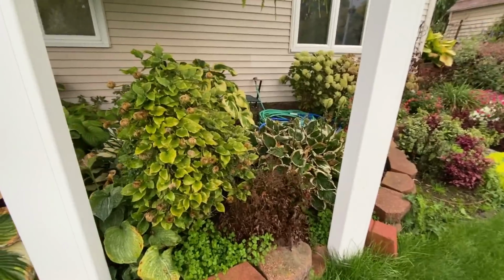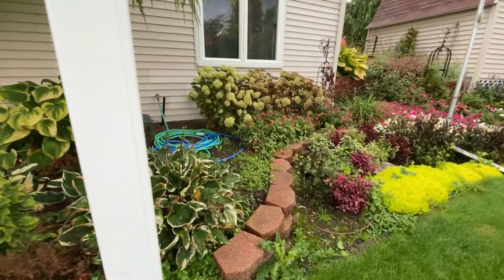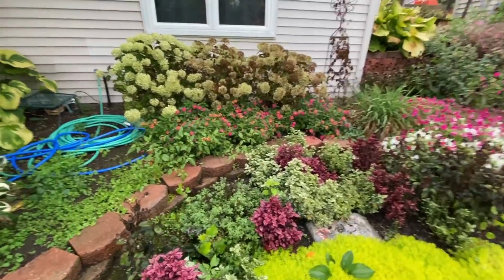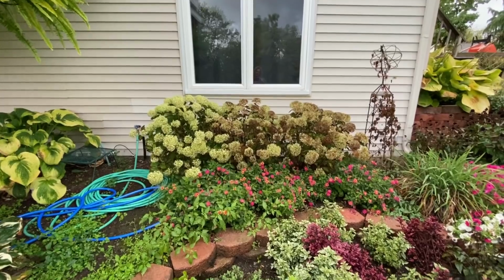Astilbe there, all brown. Clematis is starting to yellow up. This is all perfectly normal for this time of year. So now close your eyes. There's a lot of weeds. Don't look at the weeds. No judgment here. Up against the window there is that